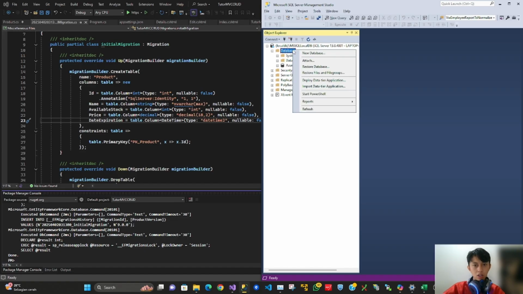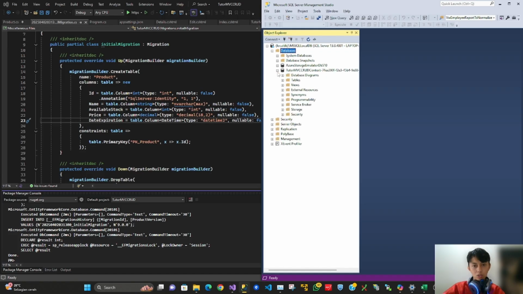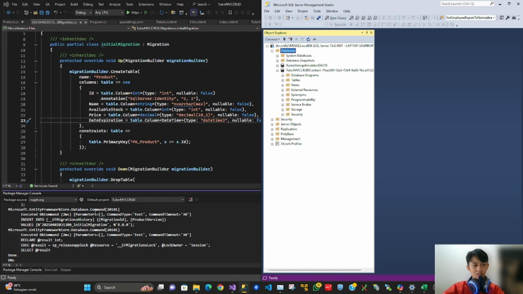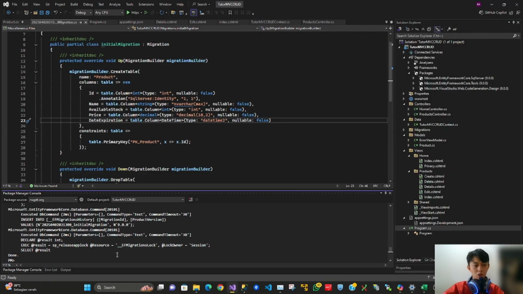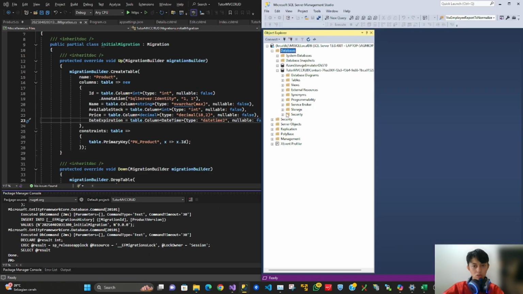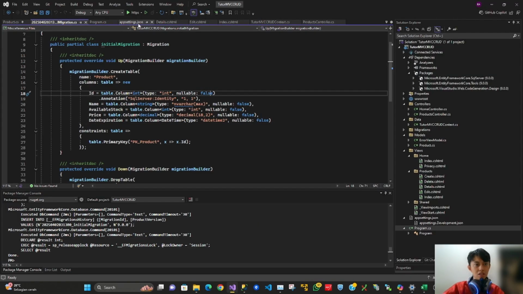Okay, now we have the new database that was just created by the scaffolding or these commands in the Package Manager Console, with the Products table. Let's see how similar it is.